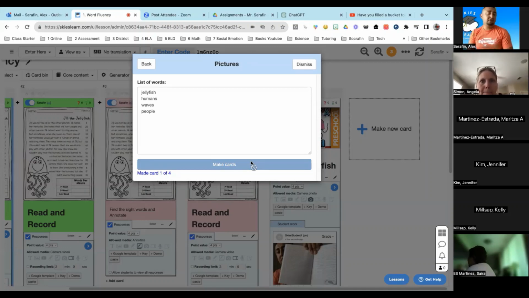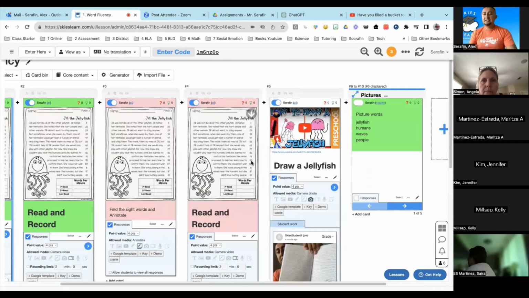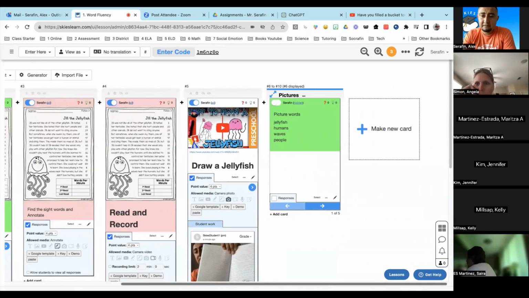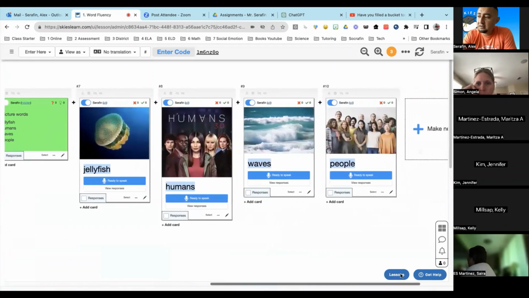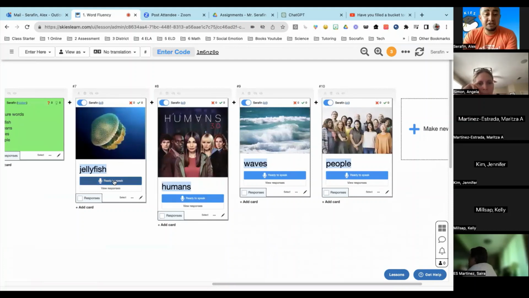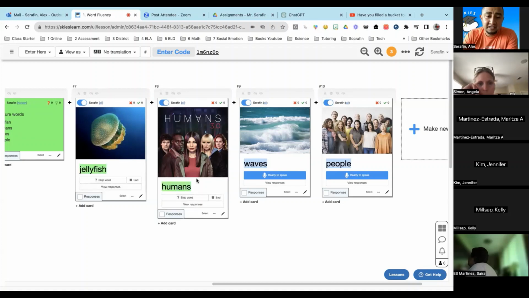Again, I know some of us have English learners in the class. It just helps out. I usually like to unsegment them so they could see them all. And again, with this picture generator, they could hear the word, I believe, and they have to say the word, like jellyfish turns green. Humans turns green. If they get it wrong, it'll enunciate it for them. I don't know, Steven. Waves. If you skip it, I'll generate this so they have the words, and then to add on,